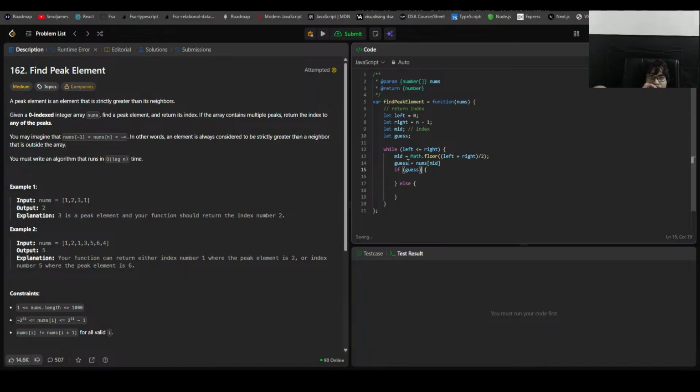Okay, if our guess is bigger than the nums mid minus 1,